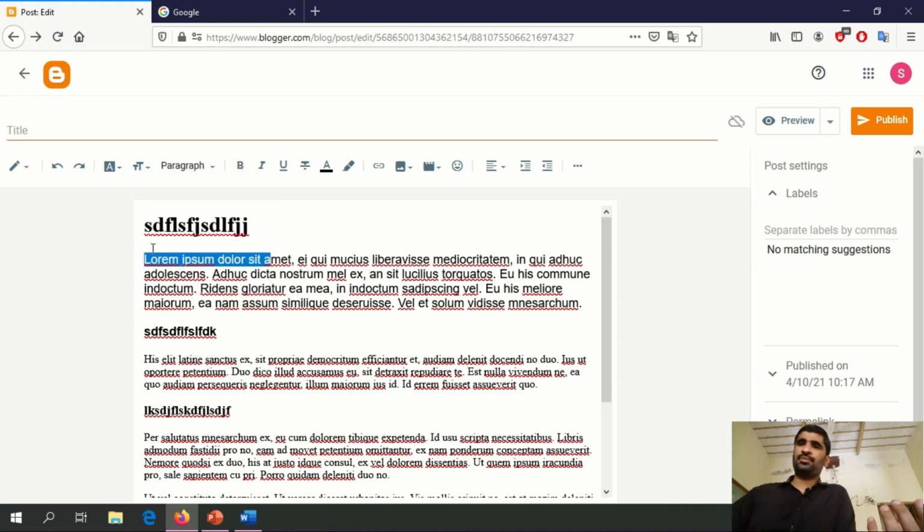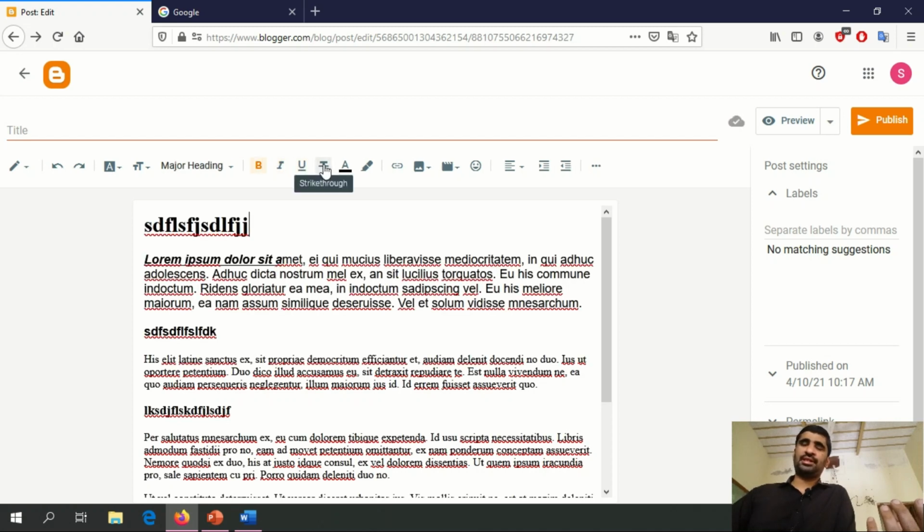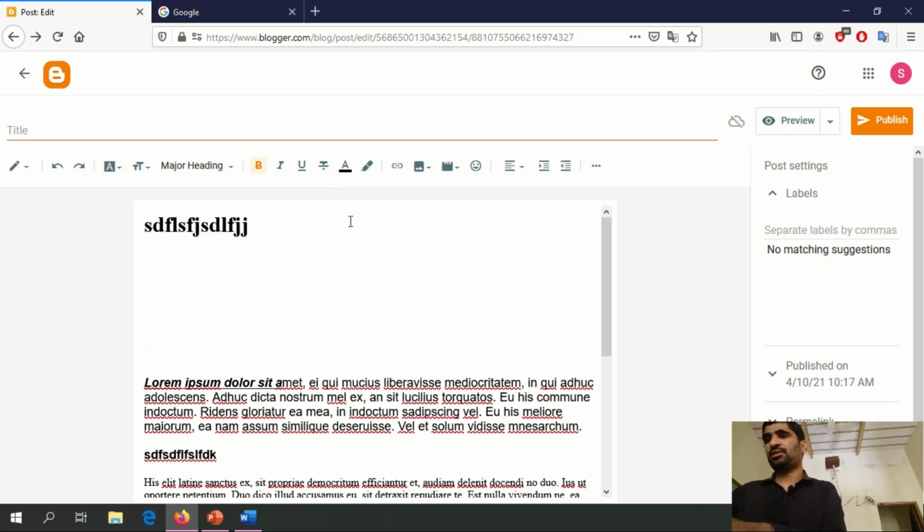To bold, simply select the text and then select this B. This one is for italic, for underline, and this is the strikethrough. Strikethrough means, for instance, you have an e-commerce website, and you have some product that has a price of $450, and now there is some kind of sale.